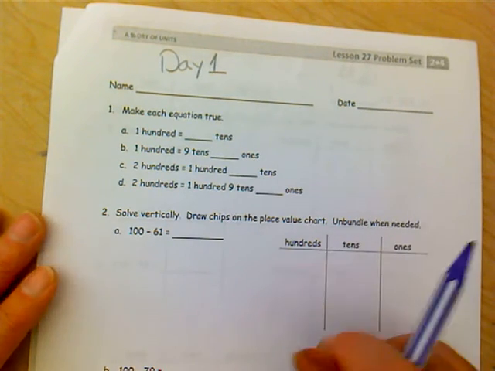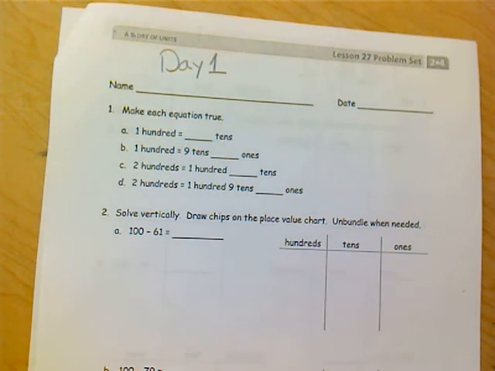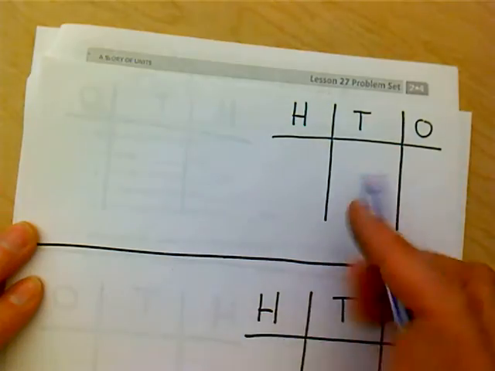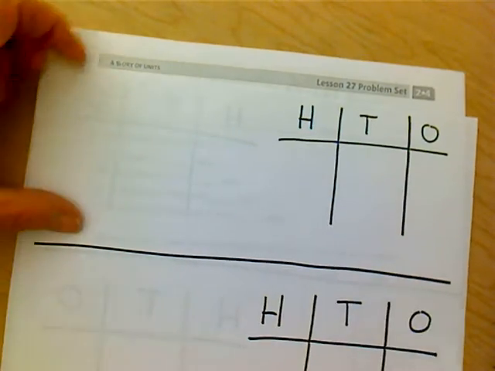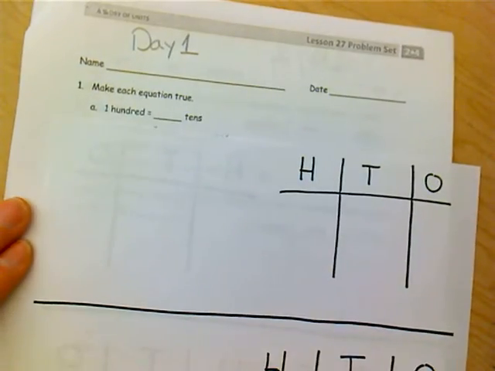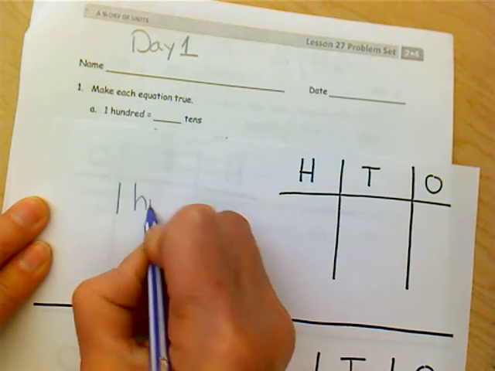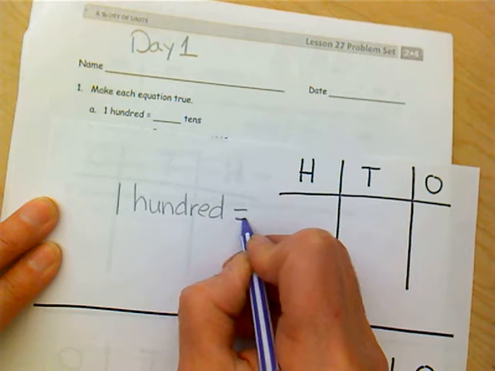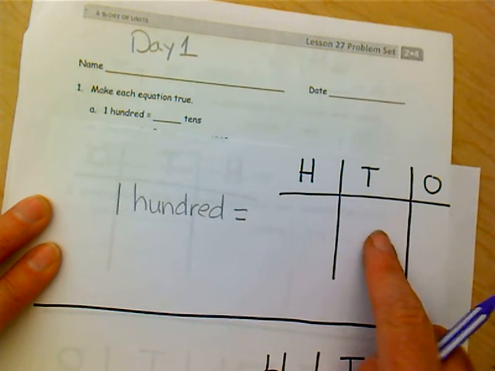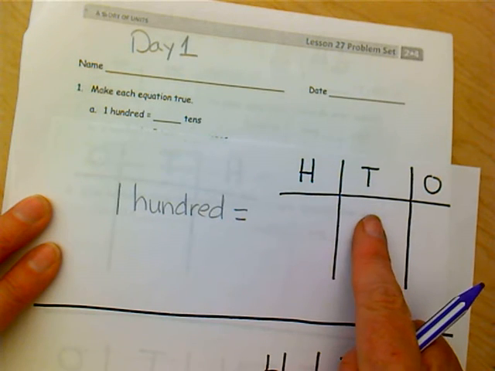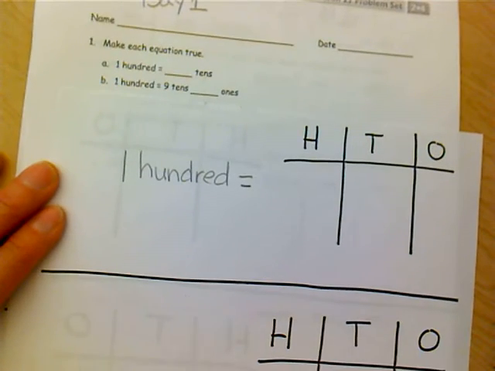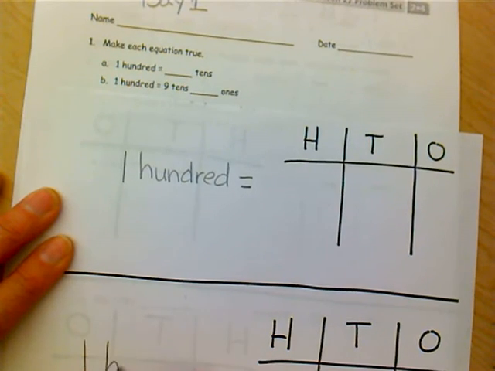If you need to, I would strongly suggest, I know I did this for myself, that you take a piece of paper and draw yourself a place value chart. I started off with 100. And when I show it to you, I'm going to show it to you like this. 100 is equal to how many tens? So you're finding out how many tens is the same as 100. Okay, and then I came down and I did the next one. 100